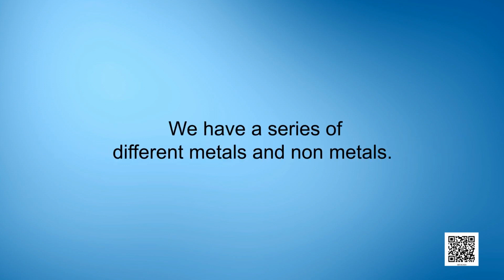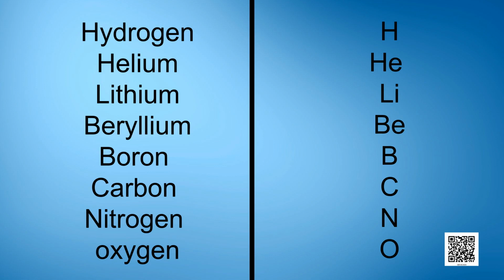We have a series of different metals and non-metals, and their chemical symbols are as follows: hydrogen, capital H; helium, capital He; lithium, Li; beryllium, Be; boron, B; carbon, C; nitrogen, N; oxygen, O;